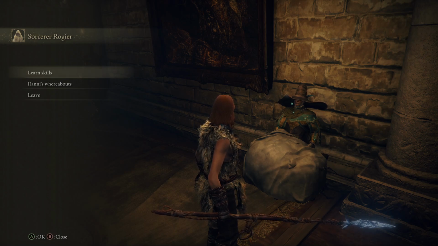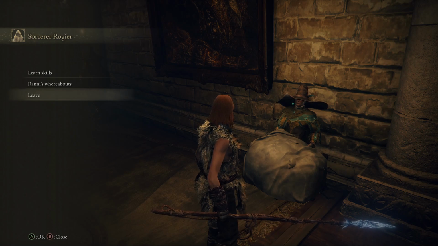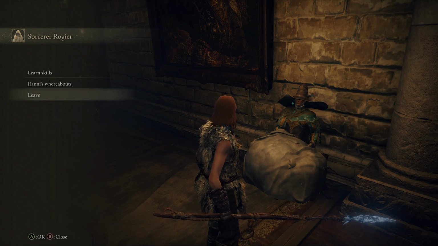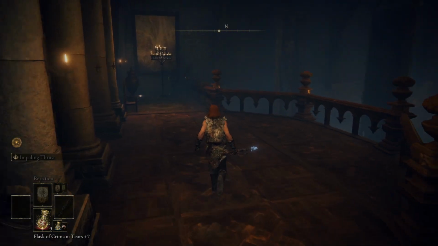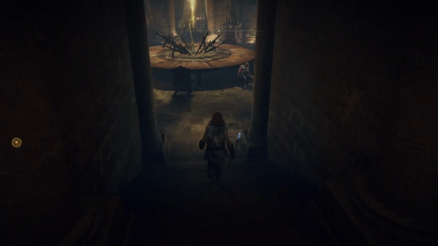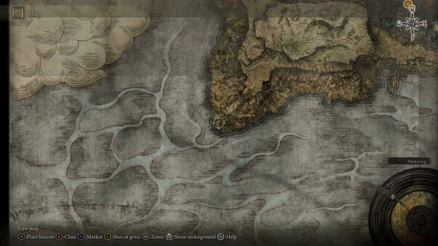The more I speak with Rogier, the more I like this character. Honestly, it's pretty sad to see him in such a state. But we did get a lot of information, and I think we're going to put it to good use. We can open the map. I think I figured out...